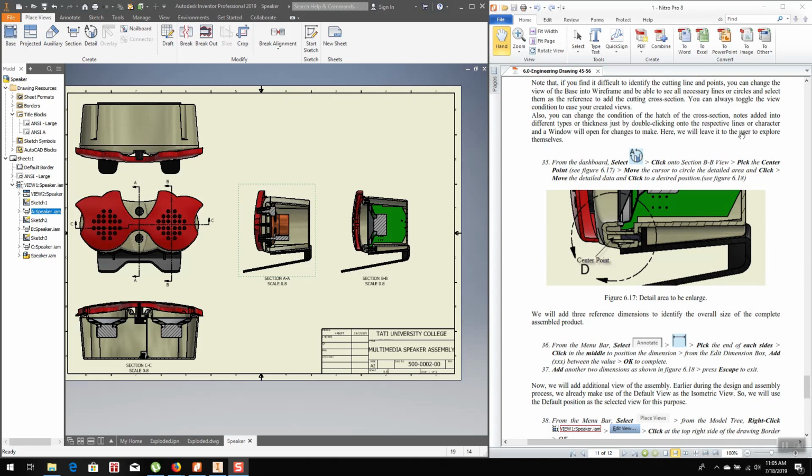Baik, note yang dibagi di atas ni cuma nak beritahu sekiranya ada masalah you nak create this cross section, kita boleh tukar dia dalam bentuk wireframe supaya you boleh nampak all the points that you nak highlighted, supaya dia go through the point that you nak create those cross section lah. So it needs a little bit of practice to do this. Anyway, seterusnya kita nak add satu lagi iaitu detail